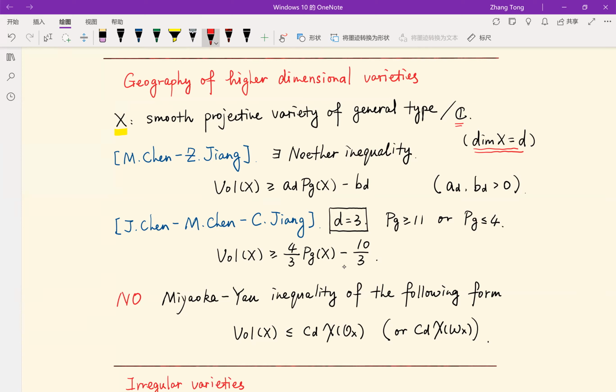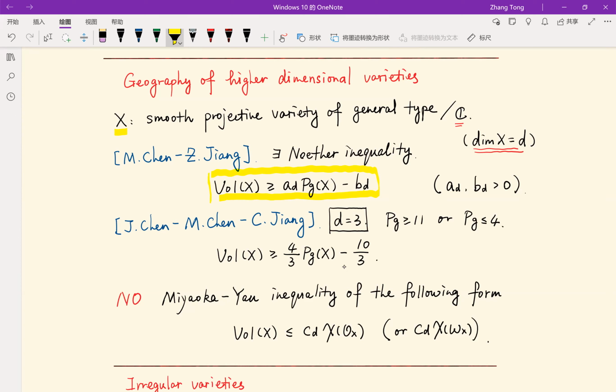So the first result I want to mention is a previous result by Chen and Zhang. They show that in any dimension, there is a Noether inequality of this form, which means that there are two positive numbers, A_D and B_D, such that once you have a D-dimensional variety X of general type, then it satisfies this kind of Noether inequality. But usually it's very hard. I mean, for me, it's not easy to find what are the best possible values of the two numbers A_D and